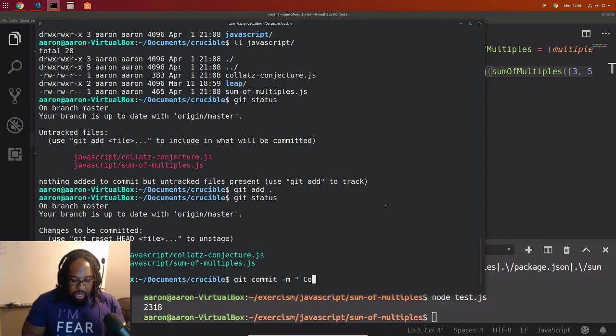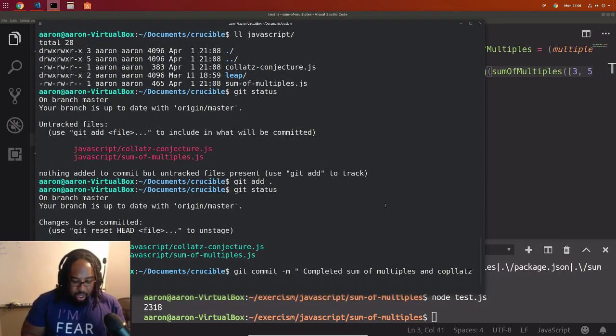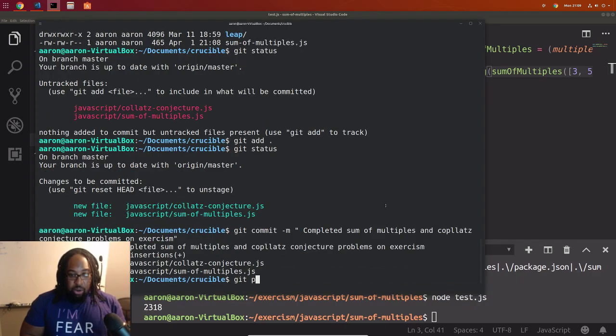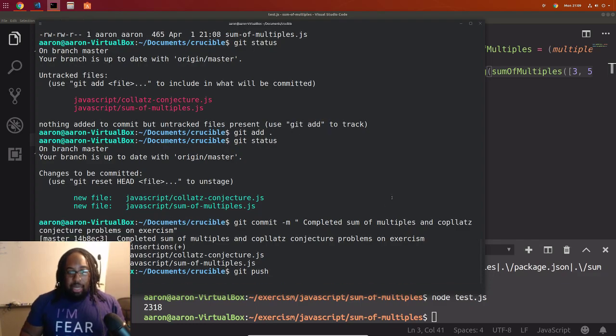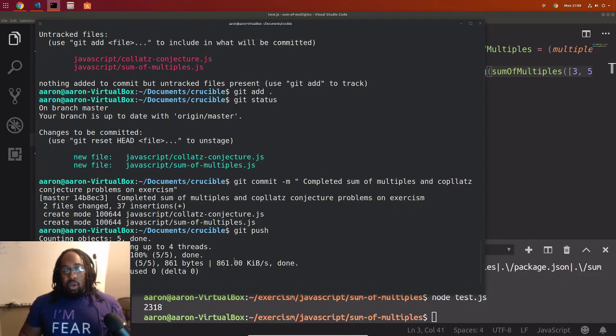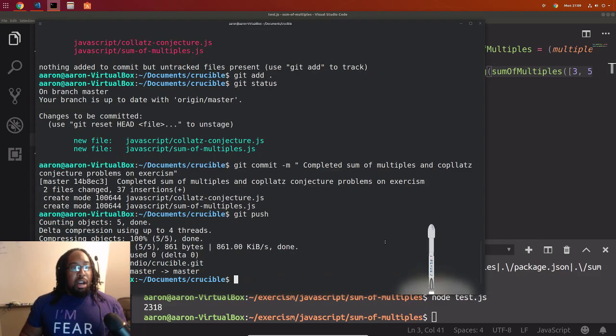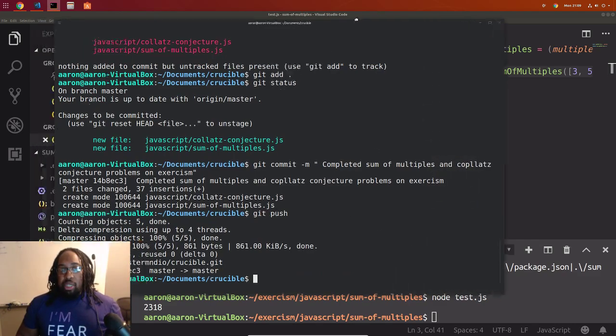We are going to say we completed sum of multiples and collapse conjecture problems on Exercism, and we are going to push that up to master branch. Cool. There we go. You can see the rocket taking off, and we've pushed our code up to GitHub.